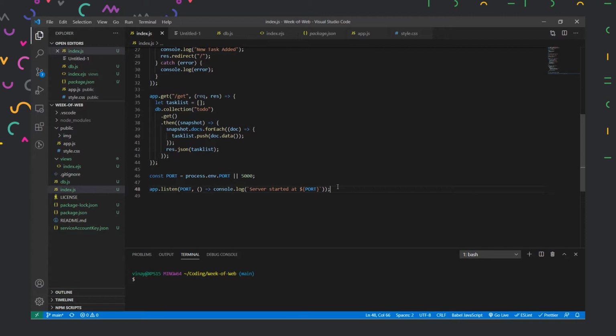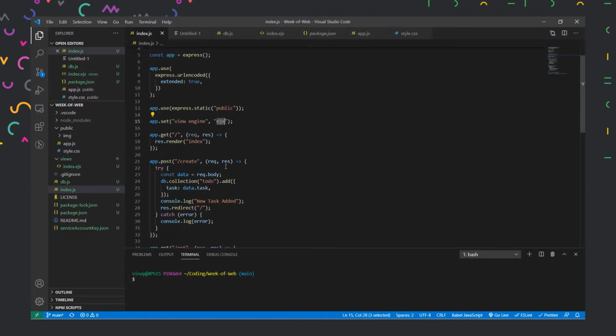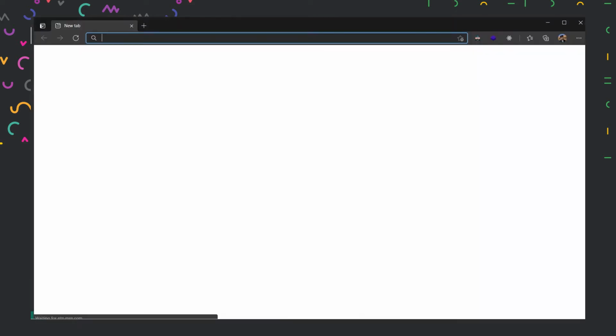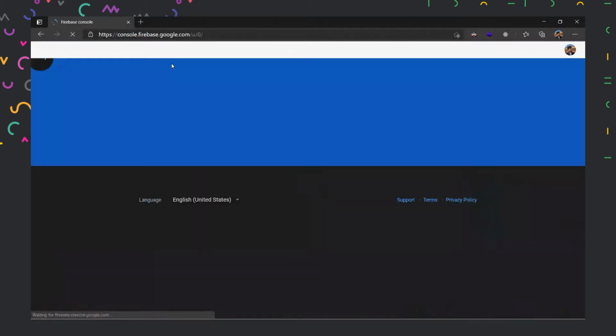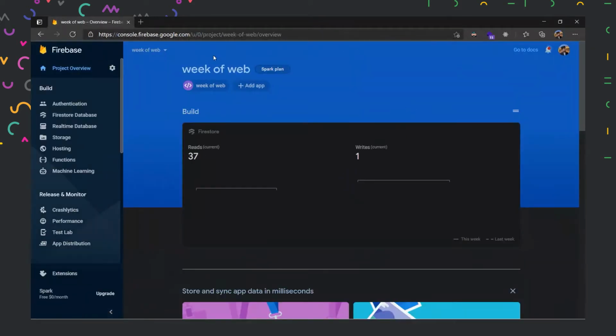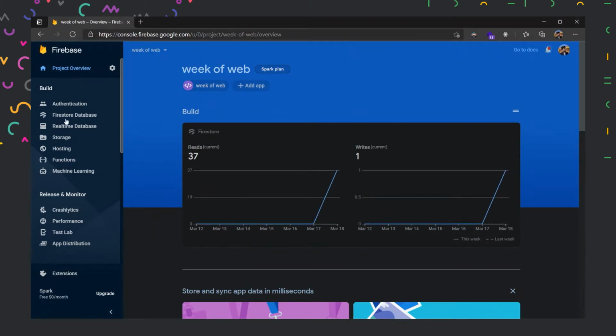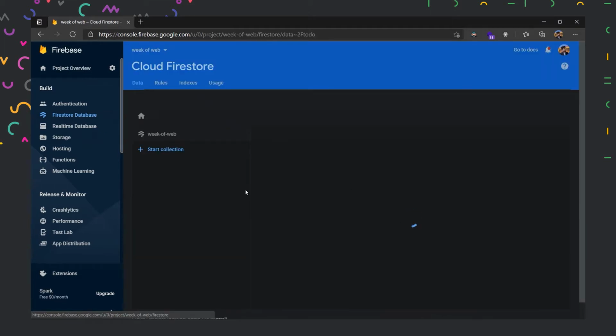So now let us get done with all our APIs. Yesterday we created our index API, our API to get our HTML page written inside EJS itself, and then we created an API where it will store data to a database. So if I open our Firebase now, and here I'll open console.firebase, and inside that I'll select our project, the project we are working on currently. And then yesterday we created some data in our database using our APIs.